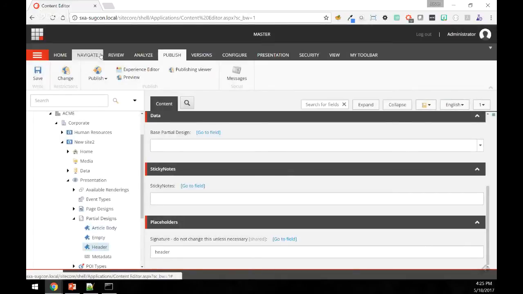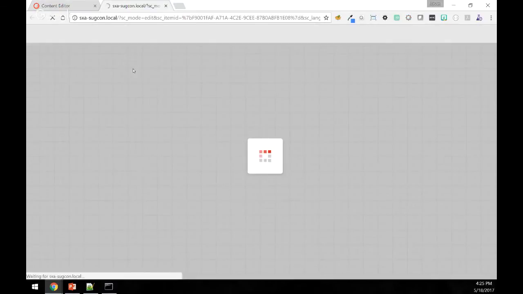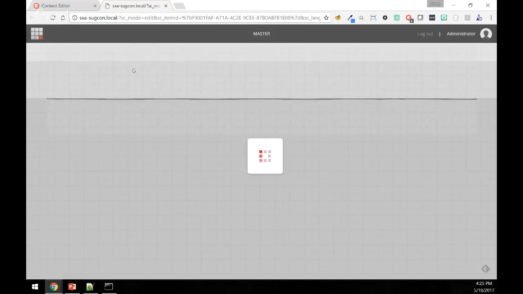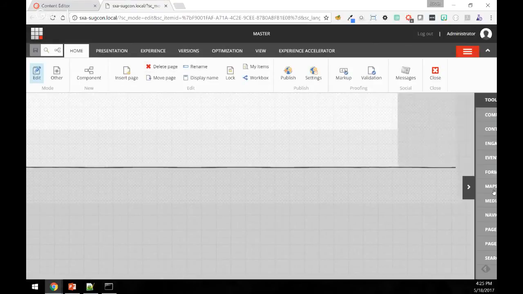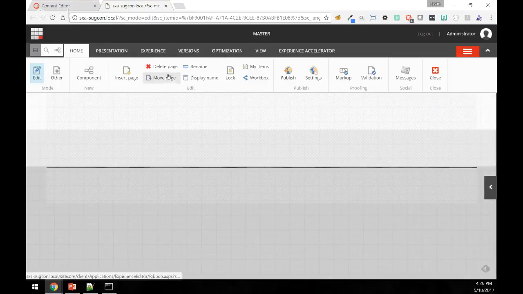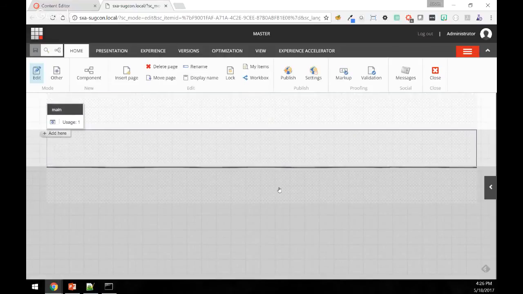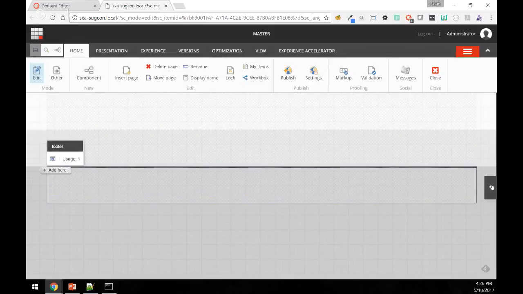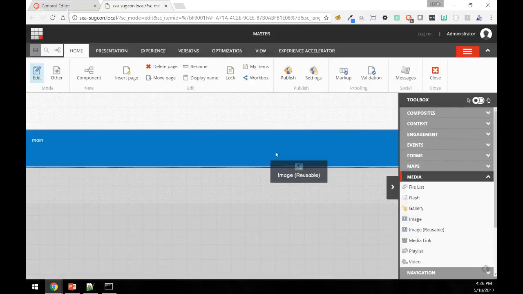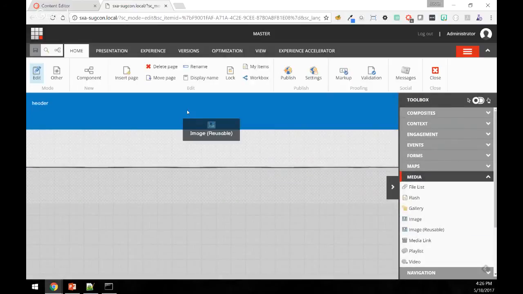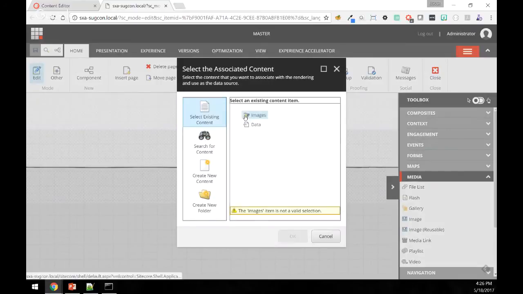All right, so let's go again, open up Experience Editor for our header partial. And hopefully we'll have our components. Hey, look at that. So in this, we've got our 3 placeholders that are there by default. We've got header, we've got main, and we've got footer. So what I'm going to do is go to media and drag the reusable image into